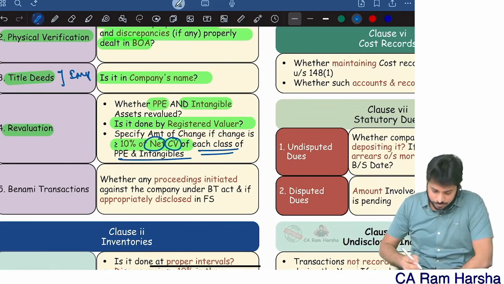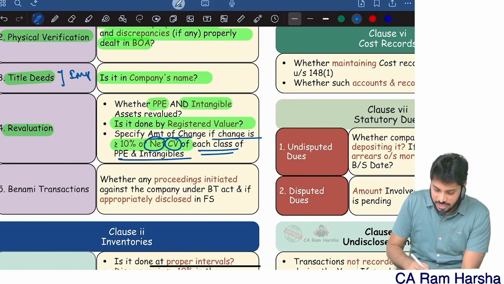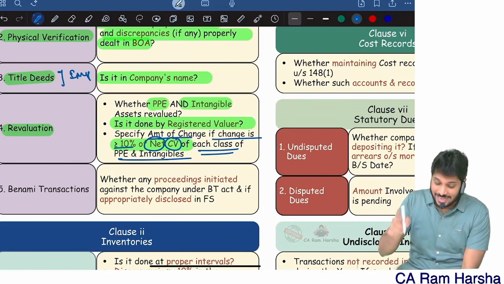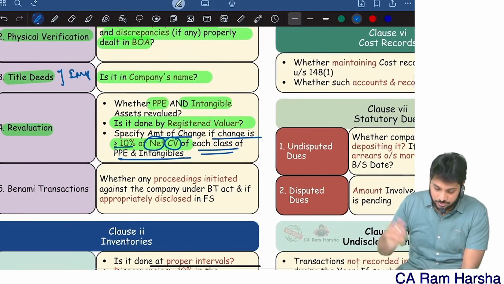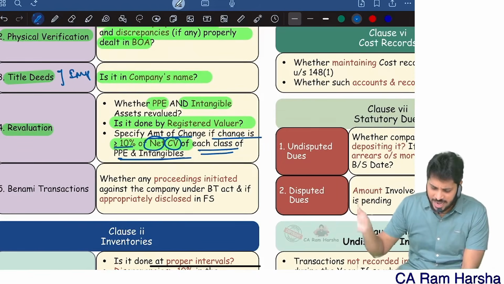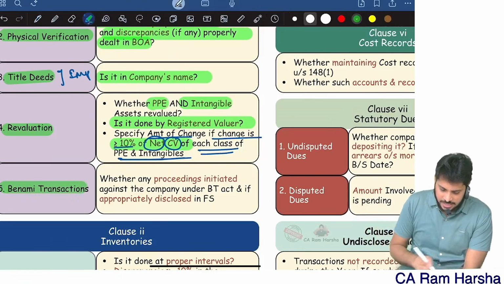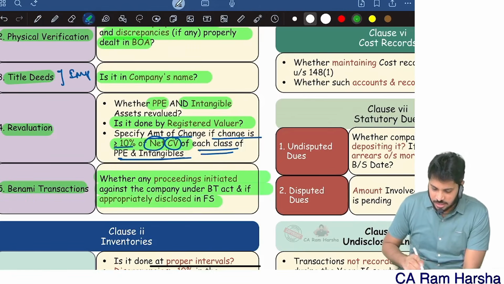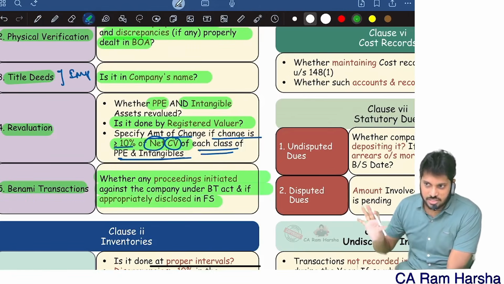Yes or no? Specify the amount of change if the change is more than or equal to 10% of net carrying value of each class of property, plant and equipment and intangibles. And benami transactions, whether any proceedings were initiated, and whether they are appropriately disclosed in the financial statements or not.